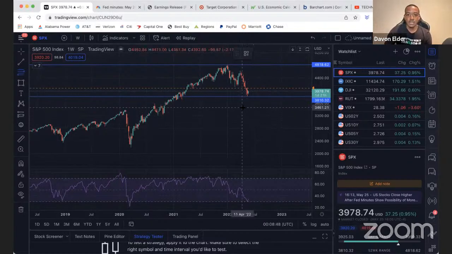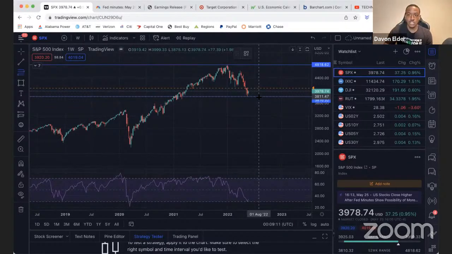Just know that a lot of technicians like to use Fibonacci in order to determine entry points, exit points, retracements, and where we can get in and get out of stocks. Now I am using TradingView. This is TradingView, and this is the platform that I'm using to